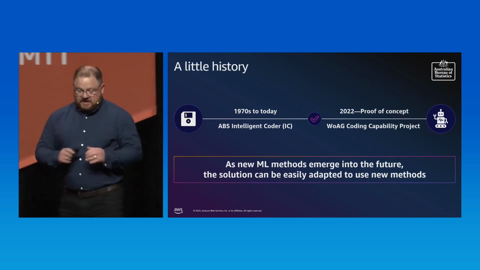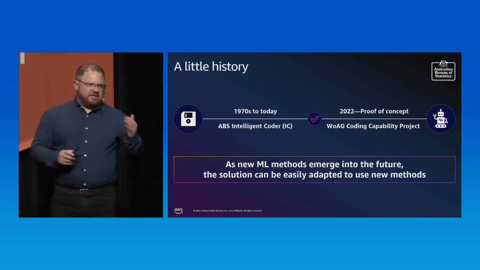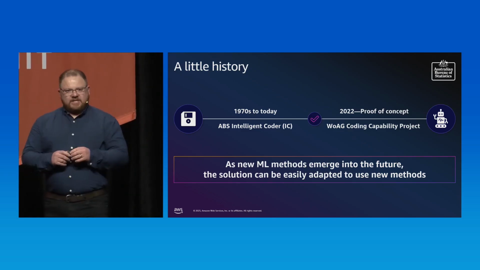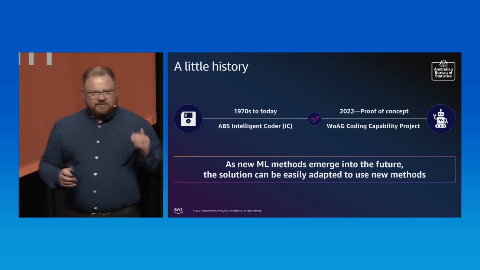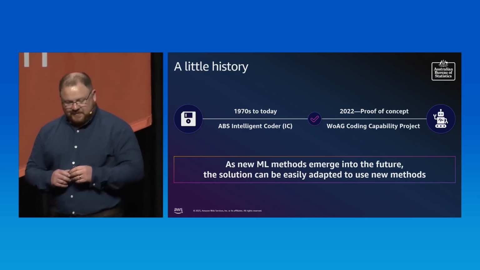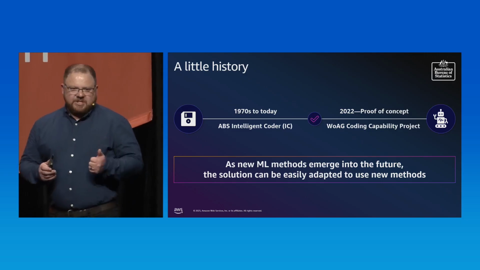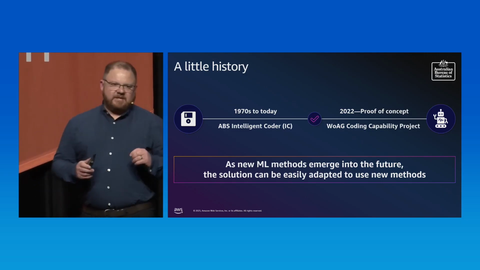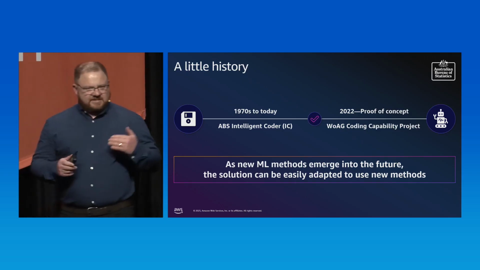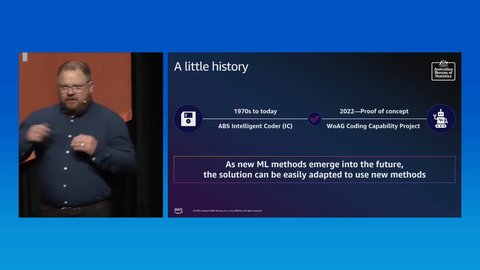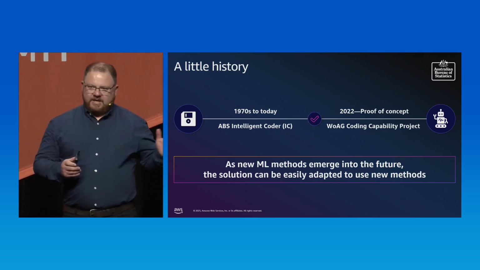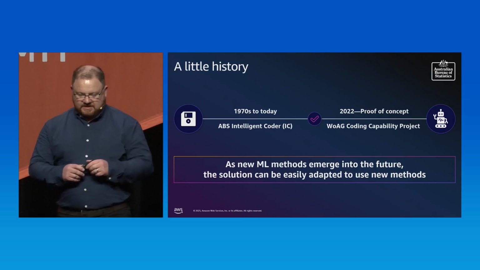So for the past 10 years, the ABS methodology team, in conjunction with our technology services area, have developed a machine learning-based auto-coding solution using support vector machines that we affectionately called the ABS Intelligent Coder. This product demonstrated the real value and potential uplift of using machine learning to perform this data coding process, and the efficiencies that we can gain in not having to maintain these complex indexes and training models on data that we've already got available to us in our previous census data.